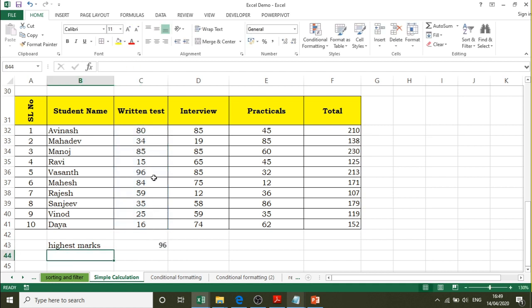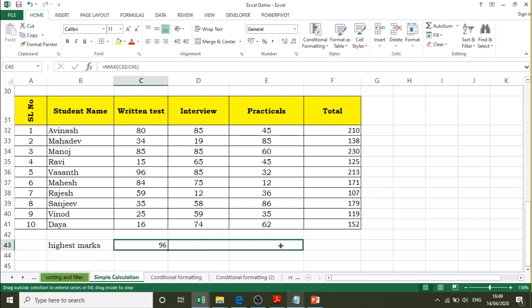You can notice that 96 is the highest value. You can even fill in this way also, right side you see here. Not only does fill series work vertically, you can also do it horizontally. You see here, 85 is the highest in this list, 86 is the highest in this list, 230 is the highest in this list.